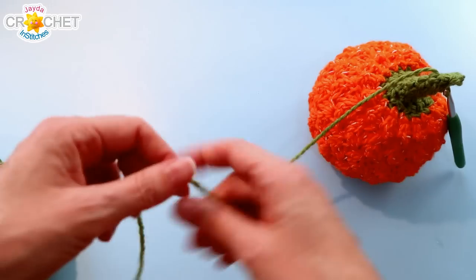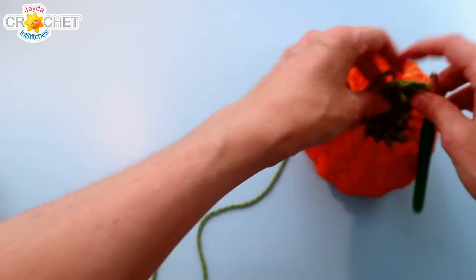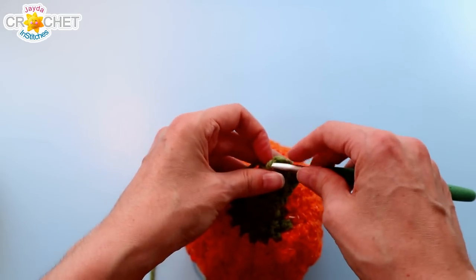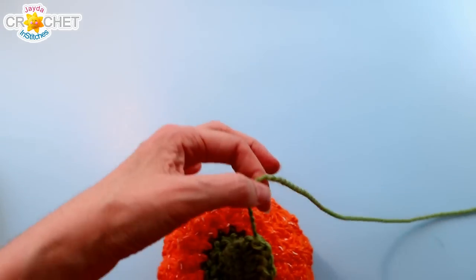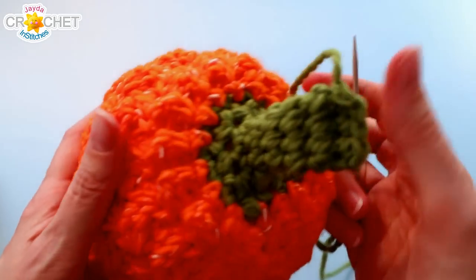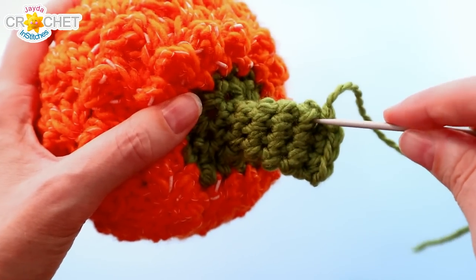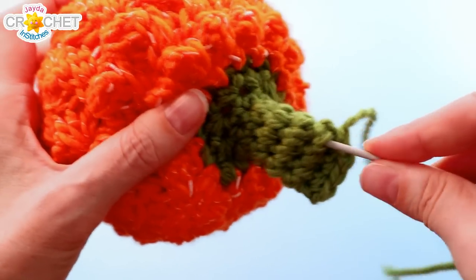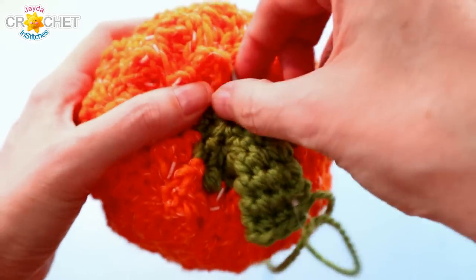And now we're going to do some finishing touches. So cut yourself a nice length of yarn, 18 inches, maybe 45 centimeters, somewhere around there. Fasten off, grab your yarn needle, and if you've got any little spaces that opened up, so let's say you've got some gaps that you don't like, you can just take your yarn, stick your needle all the way down through the inside of your stem, pop it out somewhere at the bottom,